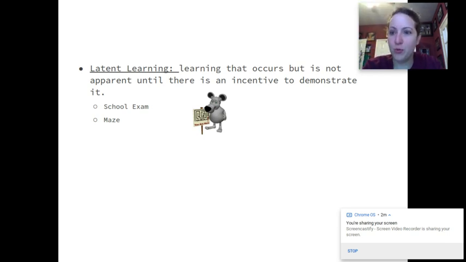So you get a kid's menu and they've got the mazes in there. You don't know that you know the maze until you finish the maze. You don't know the maze at the beginning. You don't know the maze towards the middle. Maybe you're right at the very end when you're like, okay, I know where this is going. That's latent learning. You didn't know that you knew it until you had a chance to do it.